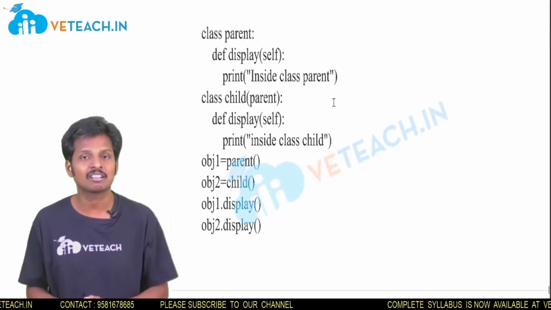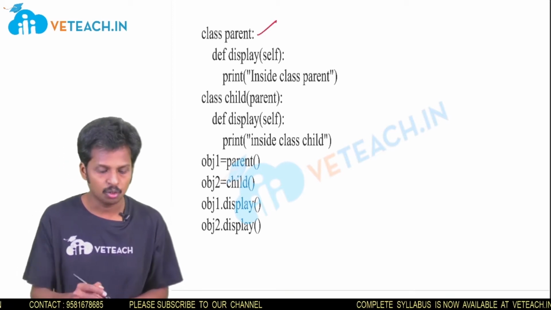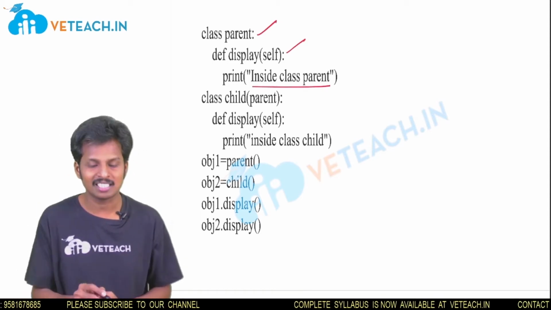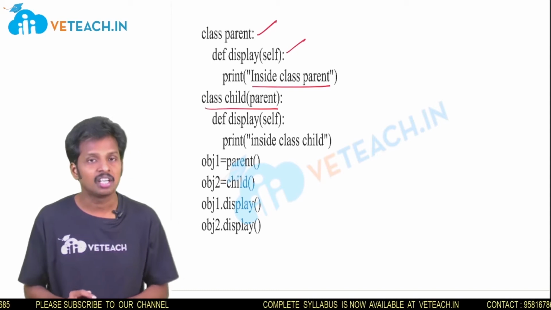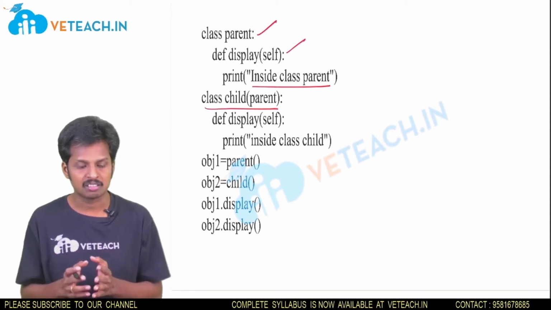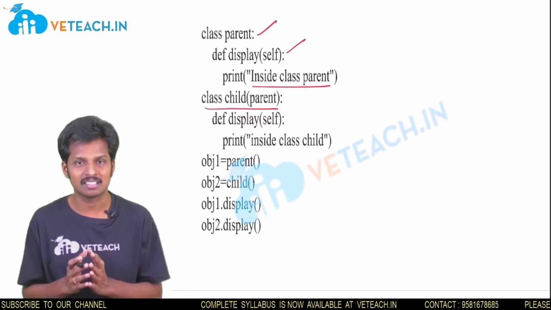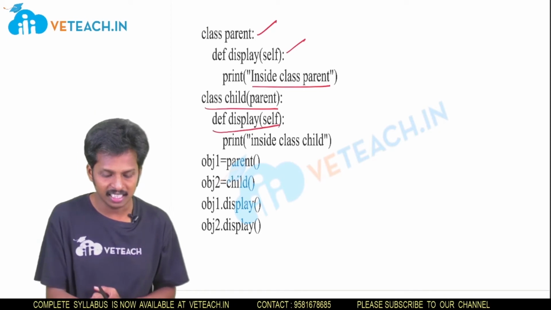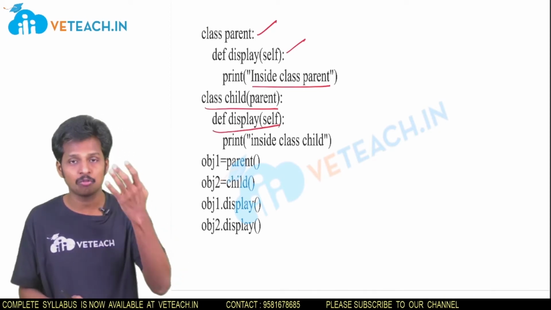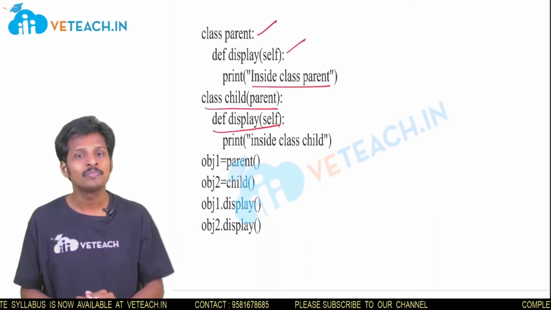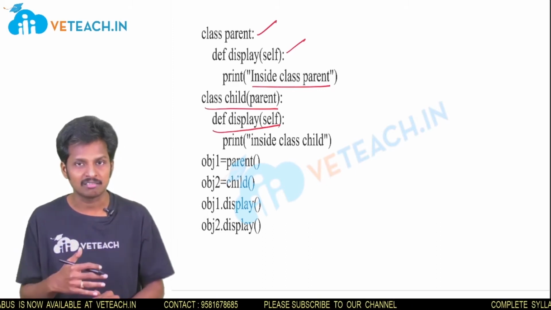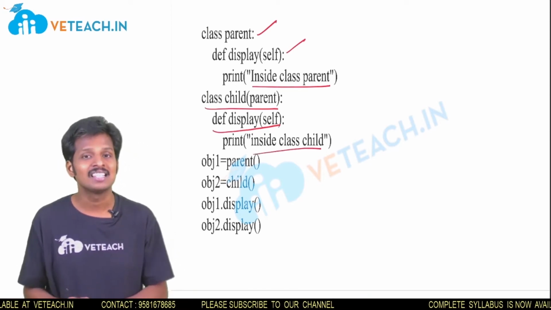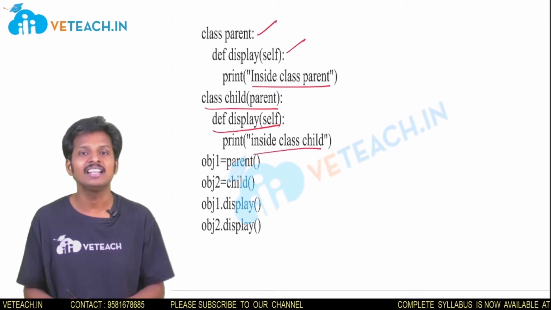We have two classes here, parent and child. Class parent has a method def display(self), which is going to print a message inside class parent. This is doing inheritance: class child(parent). If I write the class name inside parentheses, the meaning is that the child class is extending the parent class. Then def display(self): actually, the display which is present in the parent class is inherited into the subclass, but in order to redefine it, we are again redefining the display method in the child class, and it is printing a message inside class child.